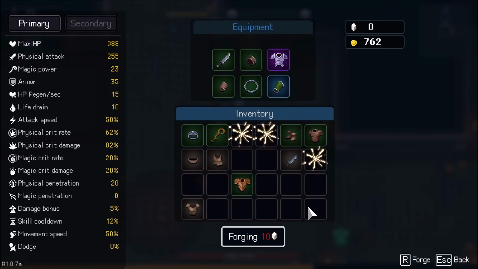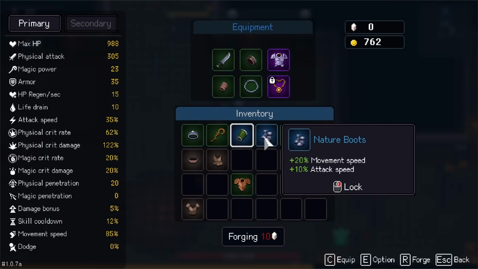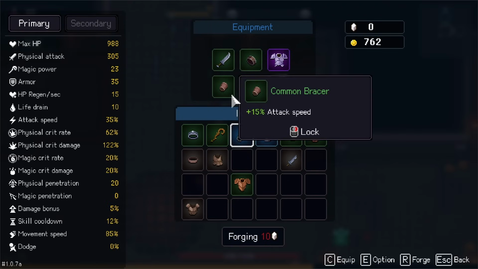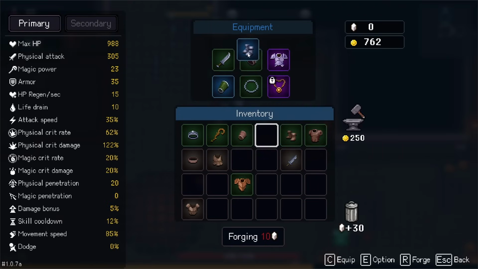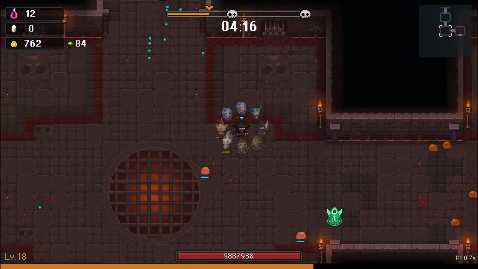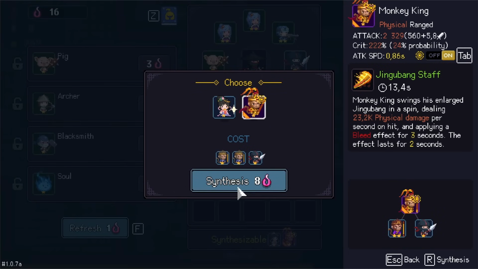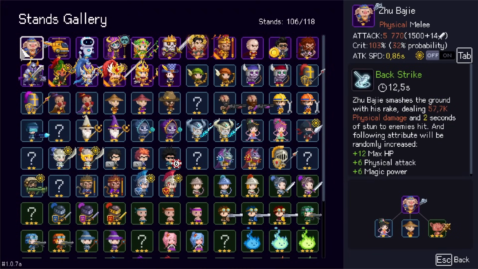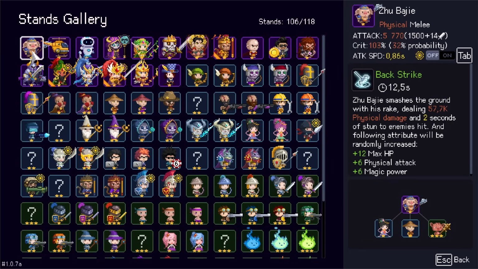So it's up to you. If you are doing it with meta progression, then you kind of do want to have your character having the... Wait, that's better. That's better. So if you're doing it without the meta progression, then you do want to use the werewolf and you do want to use the additional characters. So I would use Zhu Beiji and I would use the werewolf if I didn't have